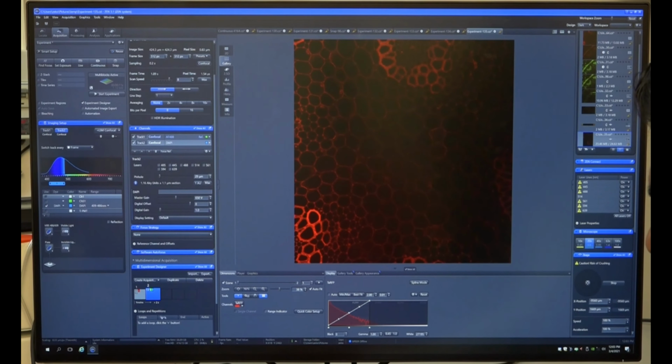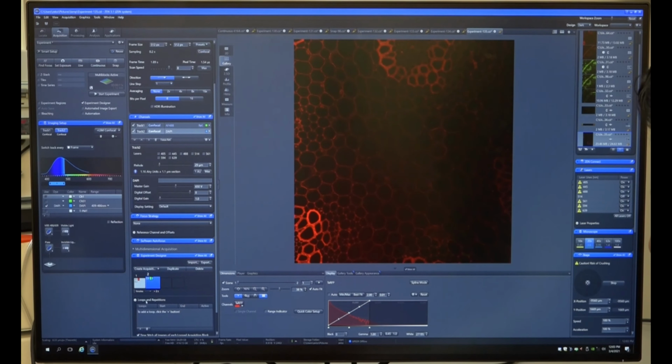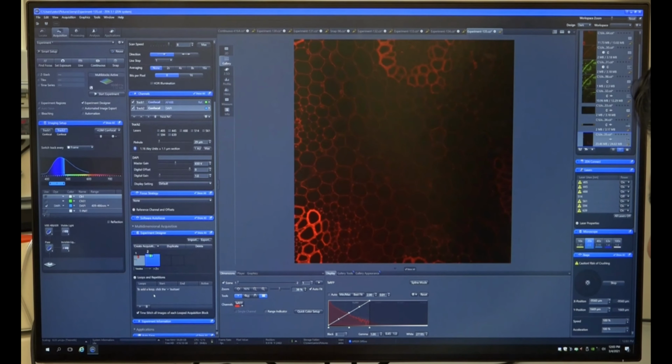In between, if I want to give loop, I can say from 1 and 2 I want to give loop. I can add loop from here. So you can see the loop, how many loops I want to give. I can give number, start and end. So start with 1, end with 2, and this can be active. So once this is ready, I can start the experiment, and then based on the sequences which I selected, it will automatically